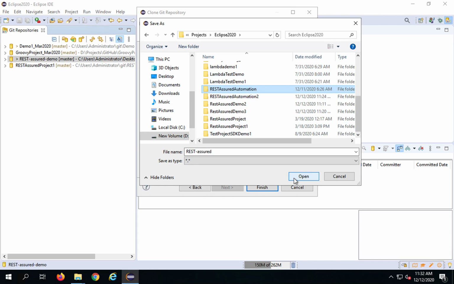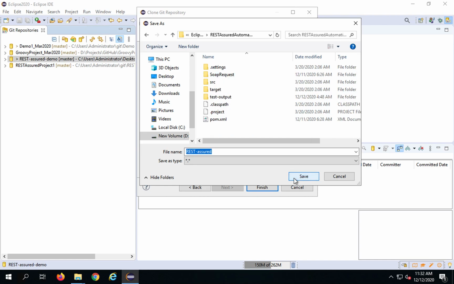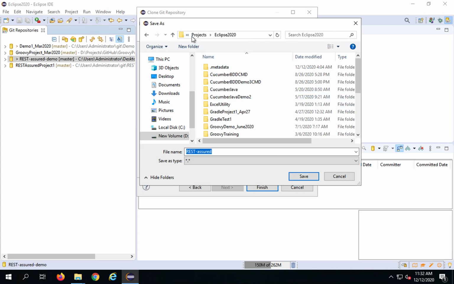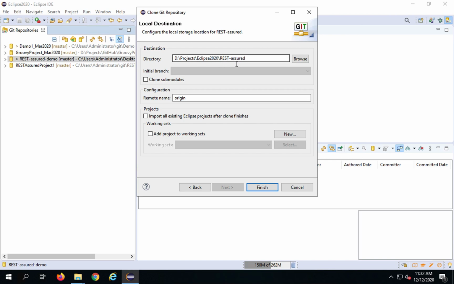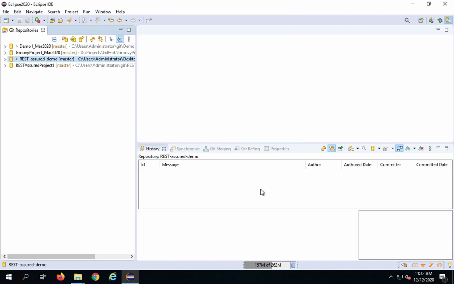I will have to give a new folder here, or I'll just say store here. Okay, so it will get stored here, and this is what it will create, a folder called rest assured, and will store here. So I will say finish, and you can now see this rest assured repository has come here,